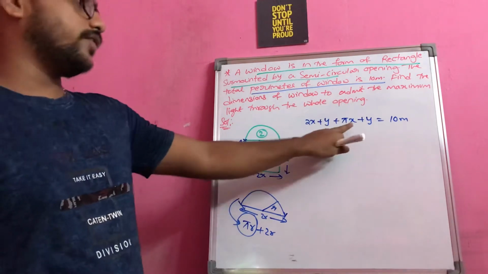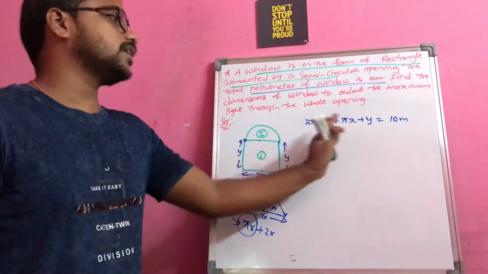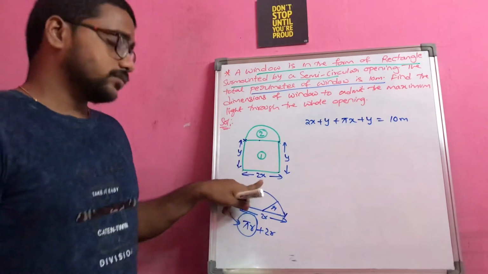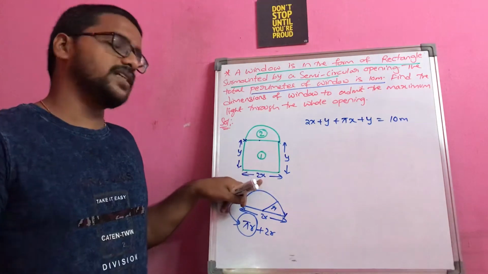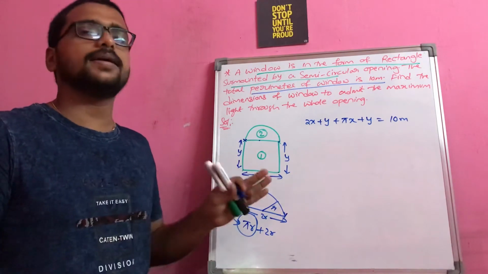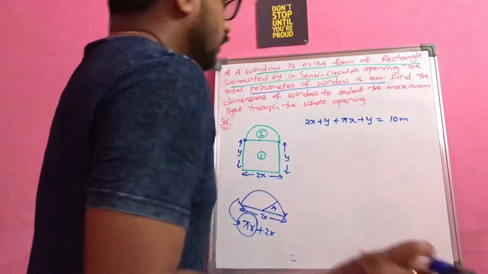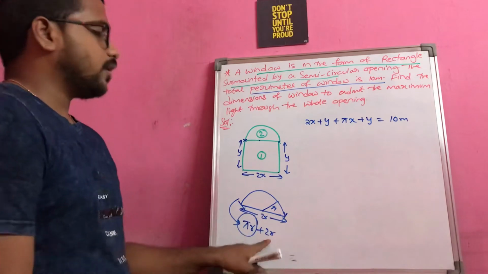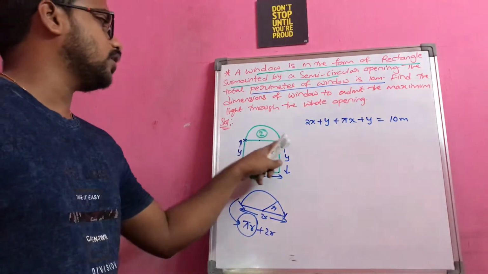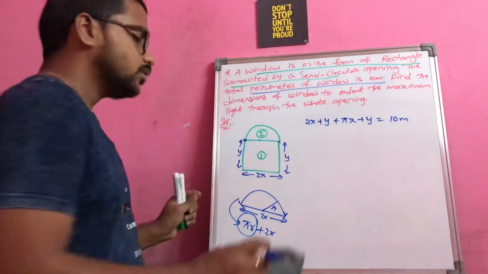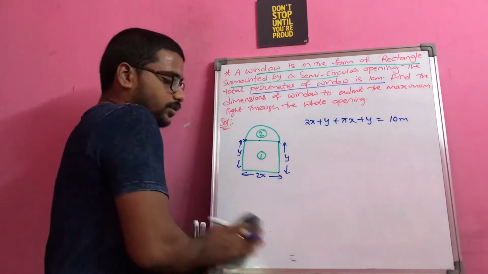Just to avoid this fraction x by 2 here, I had considered the length of the rectangle as 2x. But if you want, you can take, as I said, this as x also. There won't be any change in the answer. So hope this point is clear. Why are we not taking 2r into count here? Because you are just moving on the circumference. You are not going inside the figure. So 2r should not be taken into account.